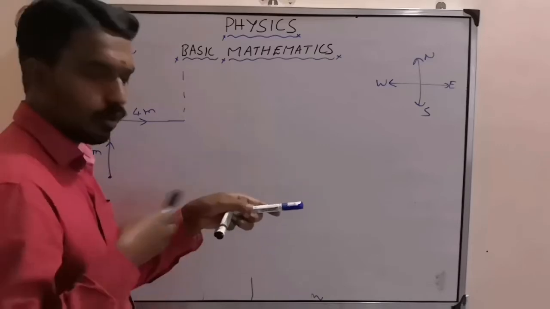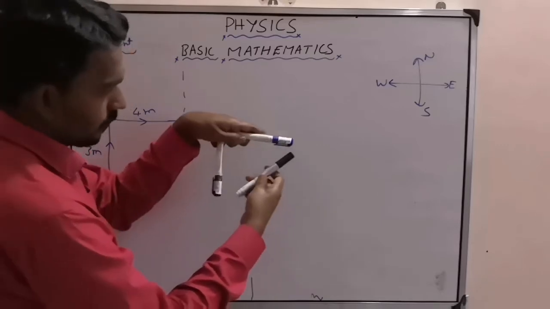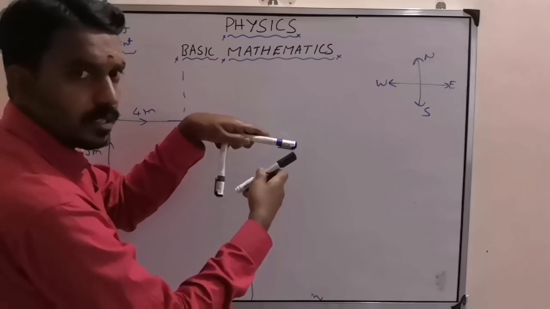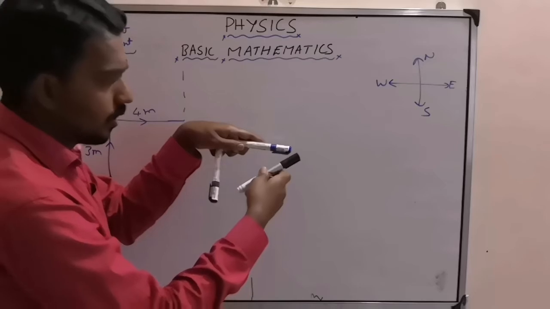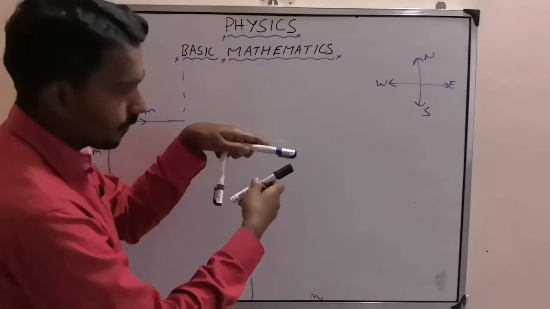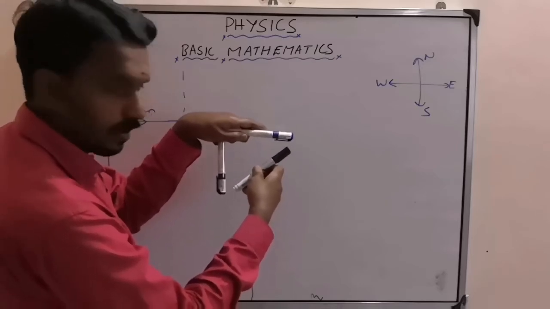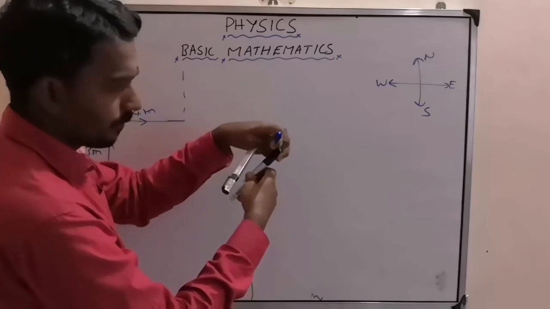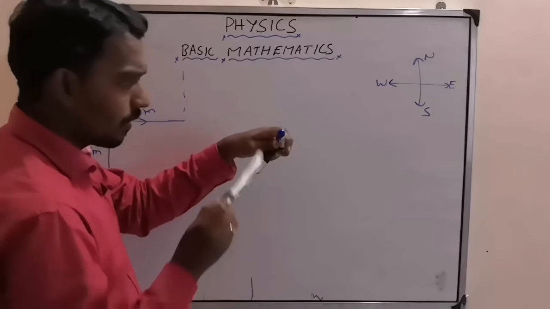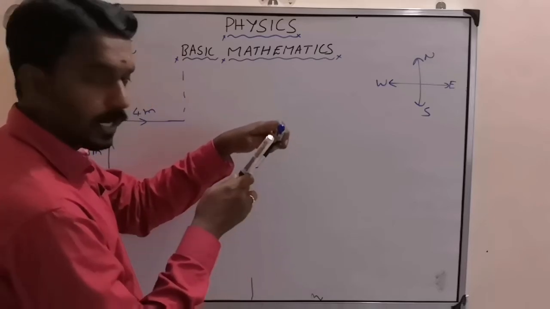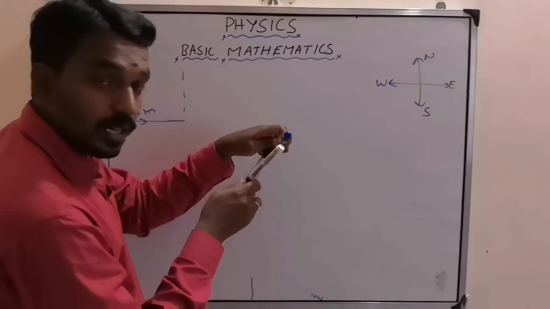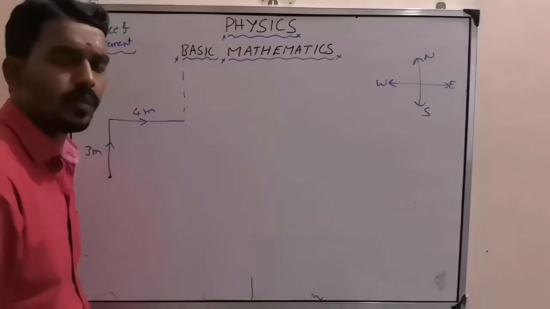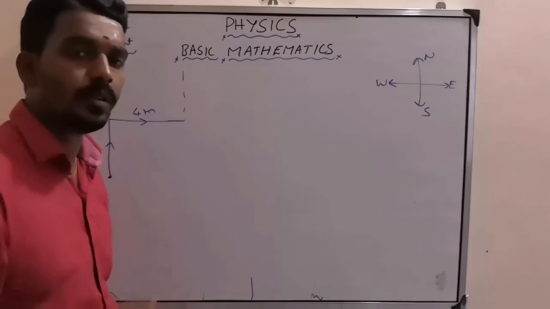This is 3 meter. This is 4 meter. Now what will this become? 3, 4. This will become under root 3 square plus 4 square. How much? 5. So this will become 5. Now here, I found the resultant of these two. Now here at this point it went upward. Now this is 5. This is 12. Now this will become how much? Under root 5 square plus 12 square. So this way you have to understand and you need to practice.